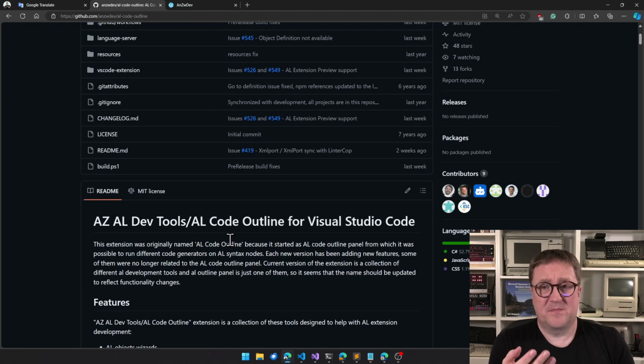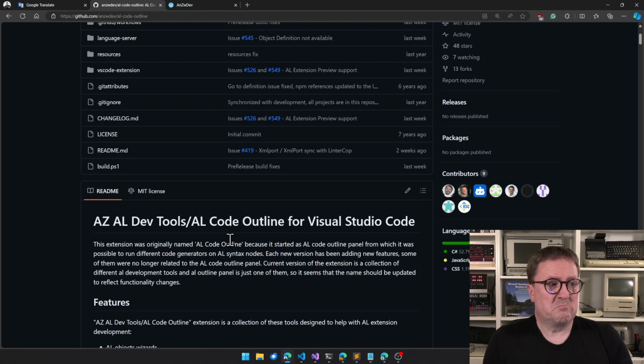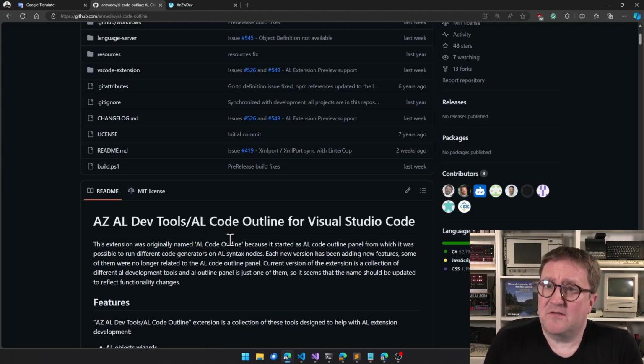I spend most of my time doing AL code when I'm not recording videos or stuff like that, and I produce a tremendous amount of AL code, and it's partly thanks to tools like this that I'm able to. So I suggest that you, if you haven't tried out this app yet, go try it out.